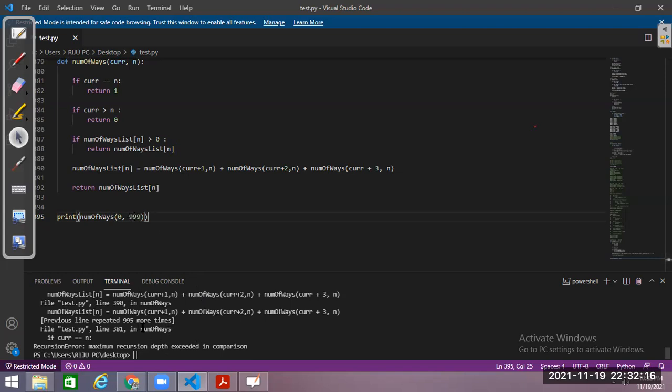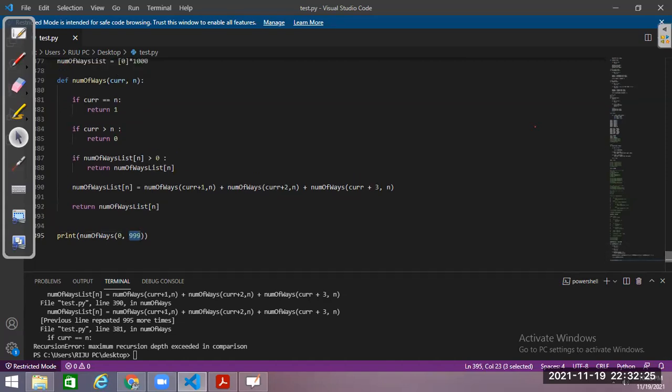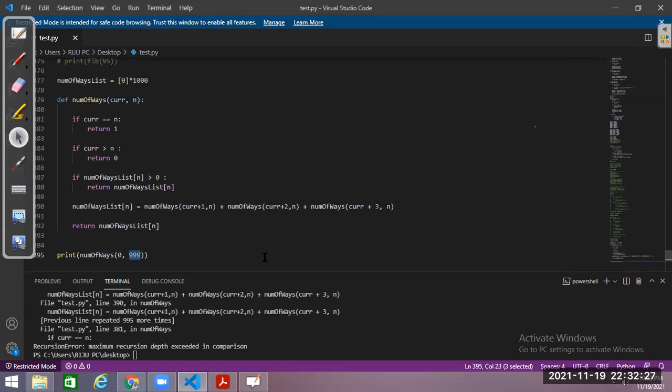If I want to approach using this approach, I am getting that the maximum recursion depth has been exceeded, that all the memory has been exhausted by my computer.